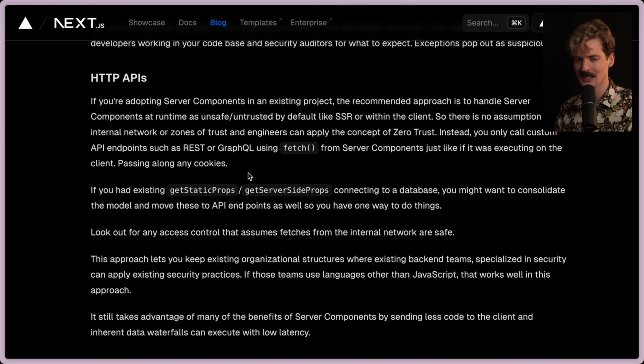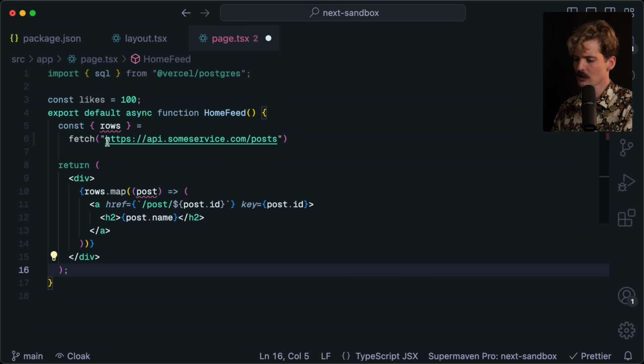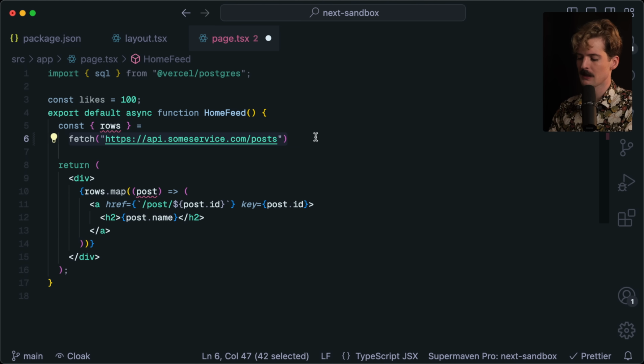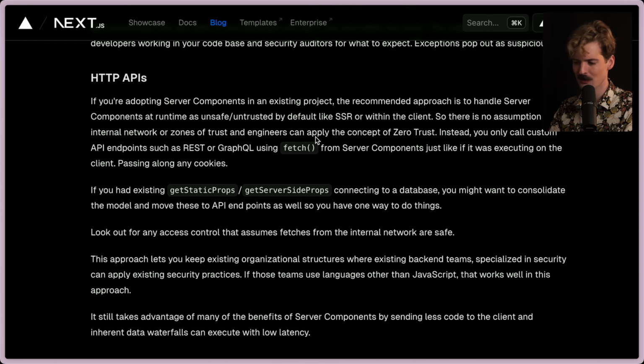If you have a backend team that is already building a scalable service and you just want your front end to be better and to take advantage of these new patterns, just call fetch. It's fine. No shame there. You can even wrap these fetch calls in an SDK just by taking a bunch of them and dumping them in a single TypeScript file, write quick type definitions over it, and now you have access to that across your entire application. Super, super convenient.